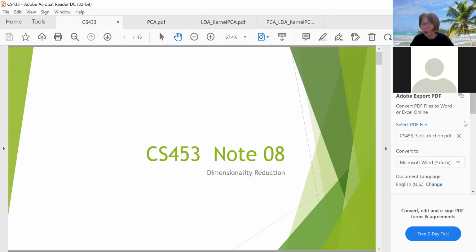Okay, so today we will start with a new topic. We move quite fast, okay. In this unit we will learn about dimensionality reduction, okay. And if you recall previously in decision tree